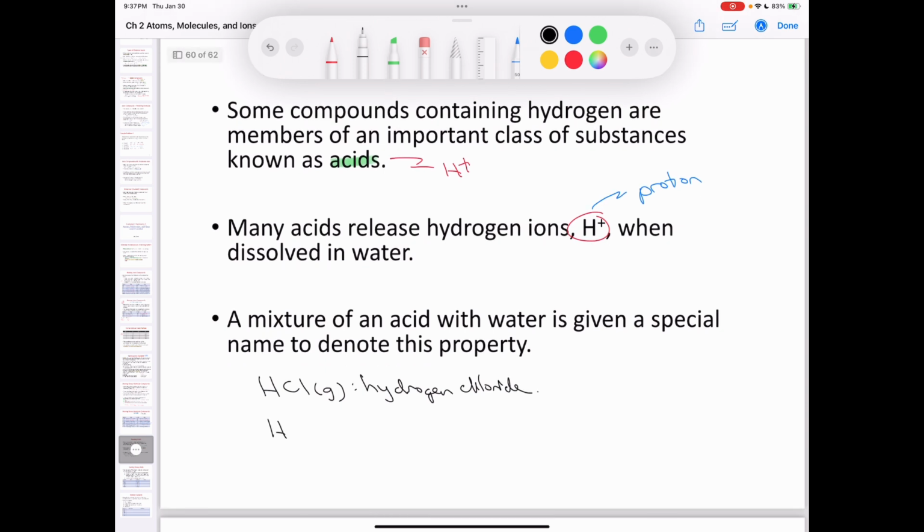But if you put HCl (aq), meaning, what does this mean? This aq means it's a mixture of the acid with water. Then it's not hydrogen chloride. Then it's hydrochloric acid, okay? So you've got to be very careful with your phases of matter, whether it's a solid, liquid, or